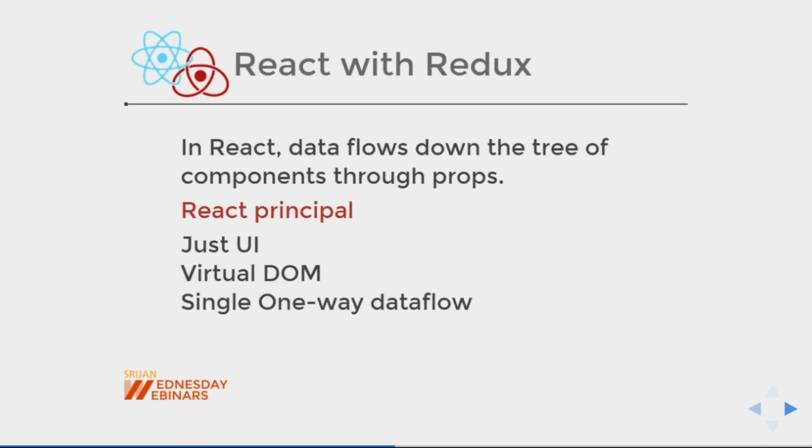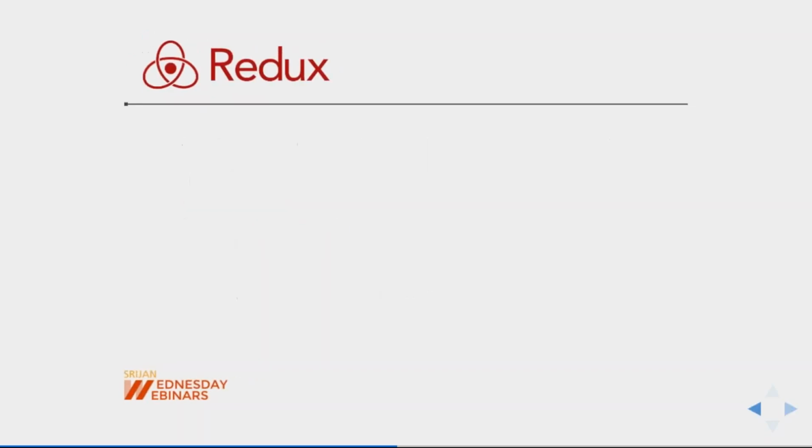It will just compare the virtual DOM with the actual DOM, identify what the difference is, and apply it in a minimum number of steps. React is only providing the one-way data flow, so we will virtualize this one-way data flow with Redux, that is, how Redux is helping React manage the state in the same one-way data flow manner. Okay.